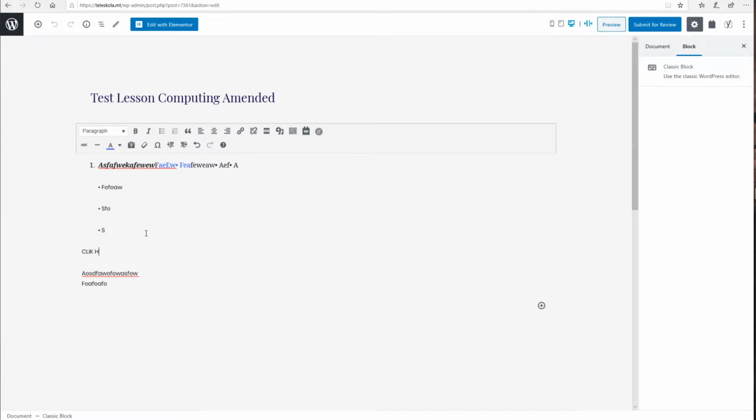The first thing that I need to do is write whatever I want the link to show in the lesson profile. So I click here to go to the website. I select the text that I want to turn into a link. I press the insert or edit link, and